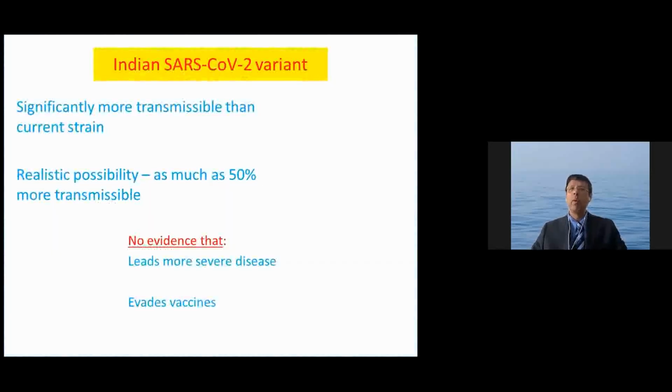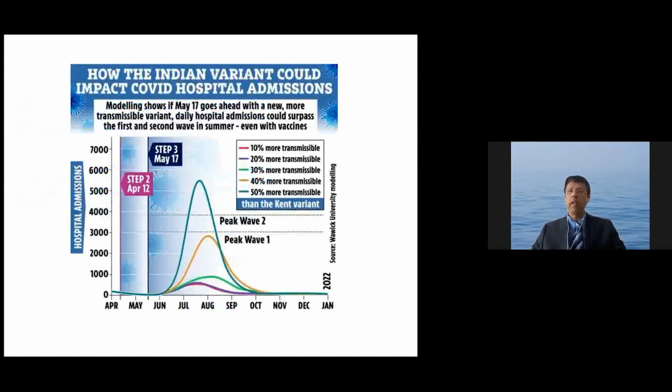So what do we know about this variant? It's significantly more transmissible than the current strain. Realistic possibility that it is as much as 50% more transmissible. At the present time, there's no evidence to say that it leads to more severe disease or that it evades vaccines. That's at the present time. Most studies are ongoing. So this is a figure showing the modeling with regards to the transmissibility and the lockdown